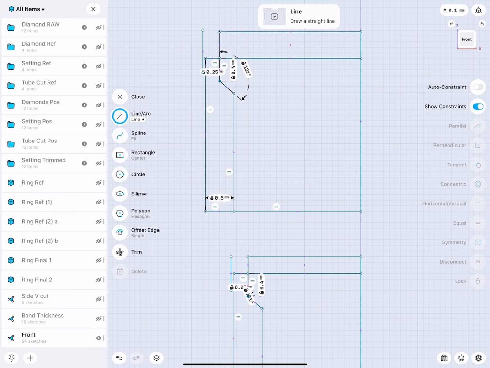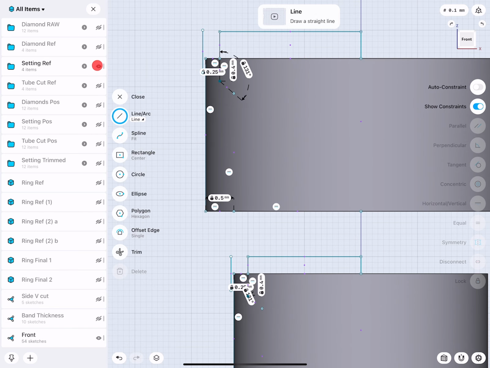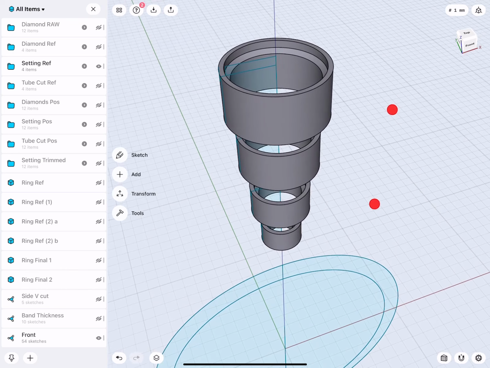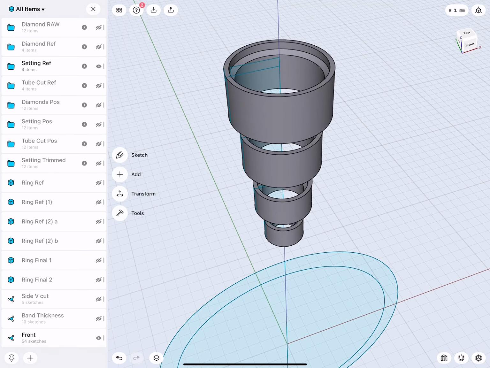Everything is roughly set to match the diamonds. And here is the geometry of all these bezel settings. Very good.